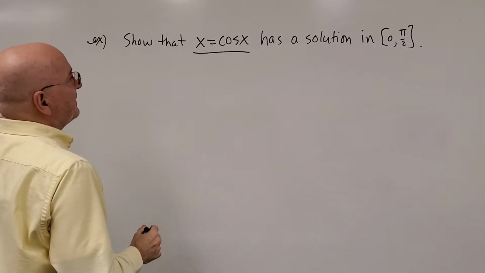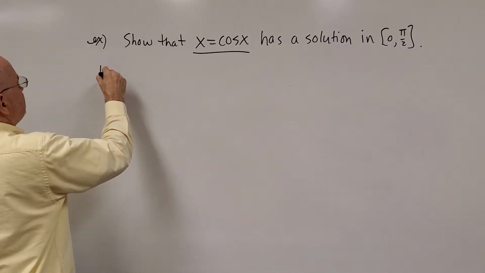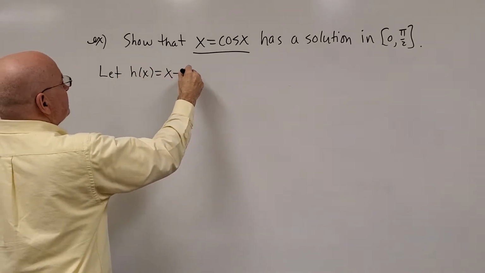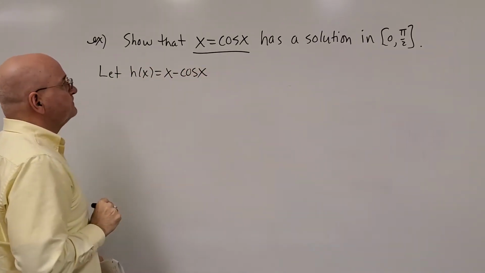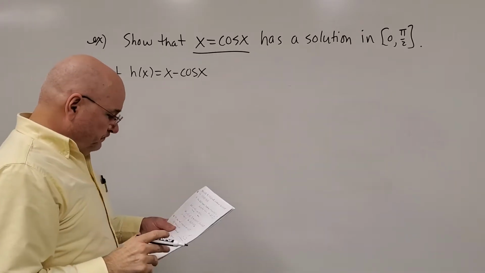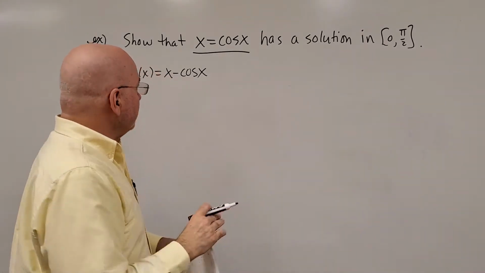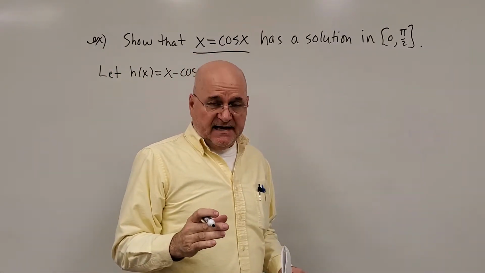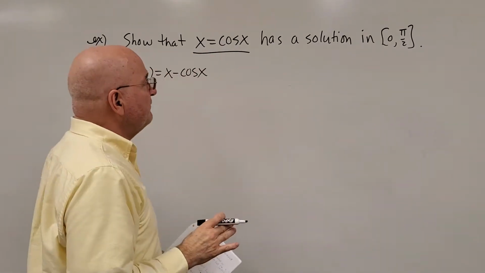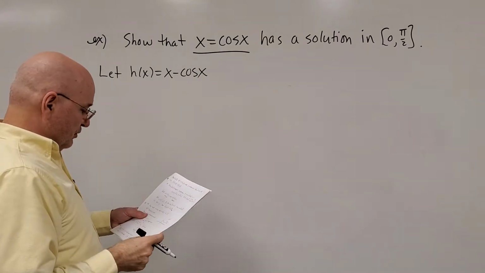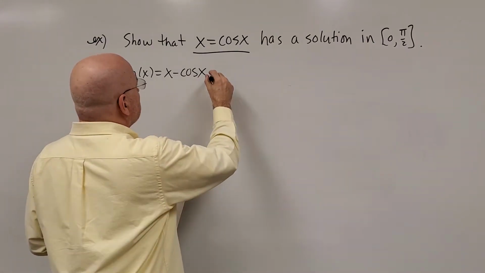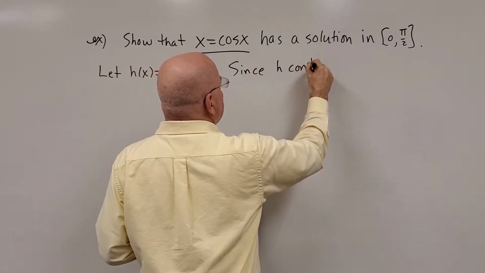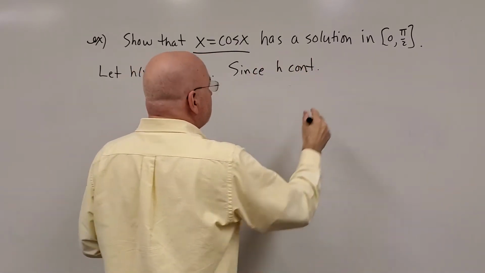All right, well, what do we want to do? We're going to say let h of x equal x minus cosine x. All right, and what we're going to do is set that equal to 0 and prove that it has a 0, and we'll find out that that's basically the solution we're looking for. Since h is continuous,